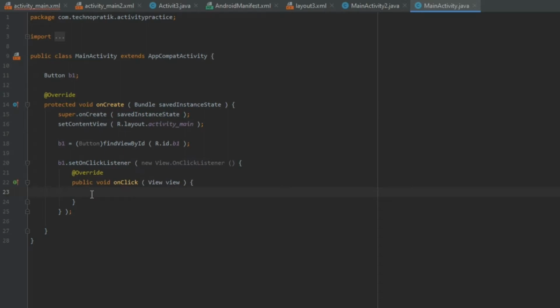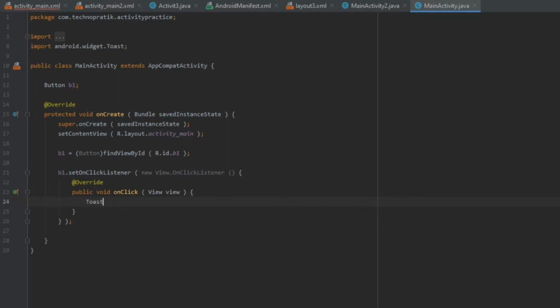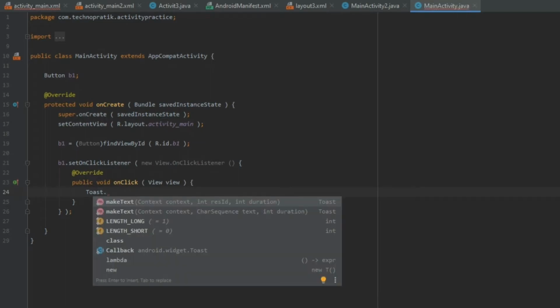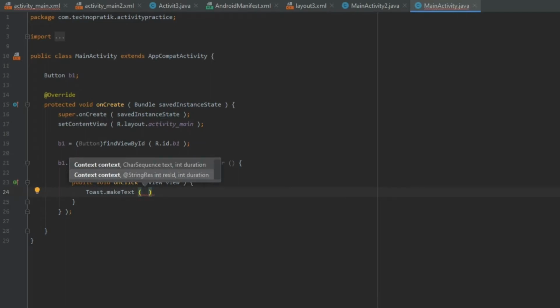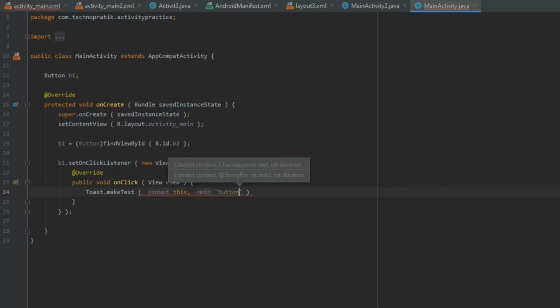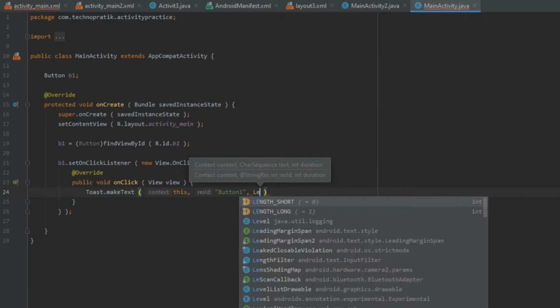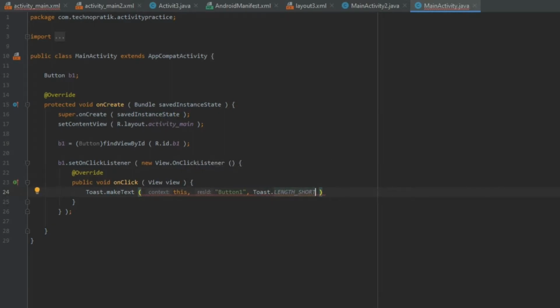So we will give here one toast message, Toast.makeText, this, comma, "button 1", we will keep length short, and then dot show.